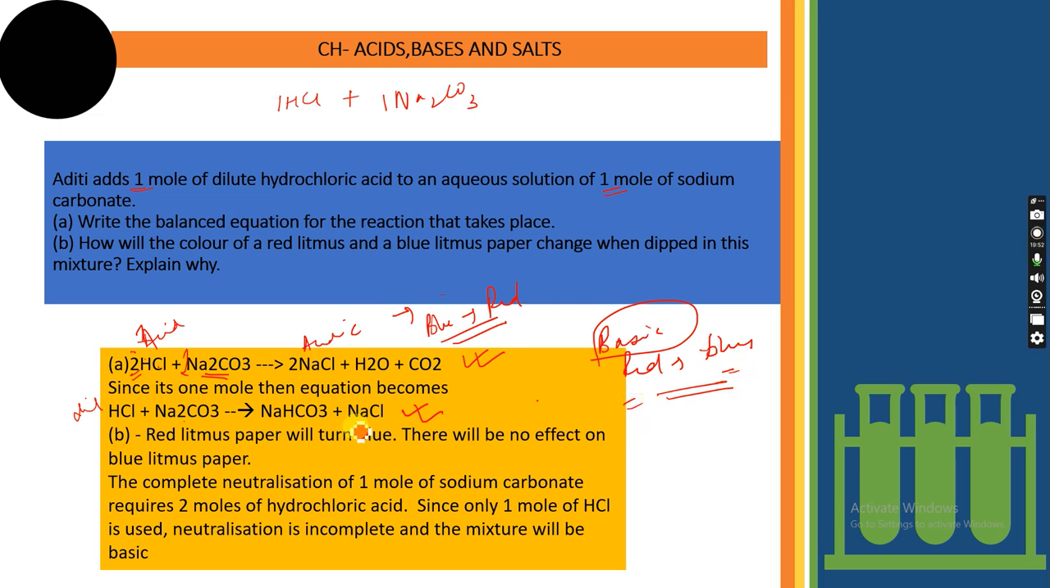Okay, and blue litmus तो blue ही रहेगा, there won't be a color change because वो acid है नहीं, वो तो सिर्फ base ही है, so only red litmus will turn blue. There will be no effect on blue litmus paper. Okay,